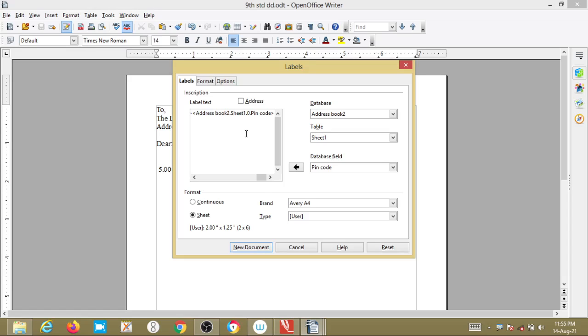Okay, you see here, the address book 2 sheet is there, then pin code, address is there. Whatever we have selected there, that is present in this data. Okay, that is address space. Okay. Now what we have to do next, then click on the new document.